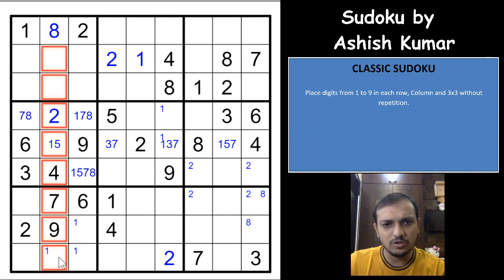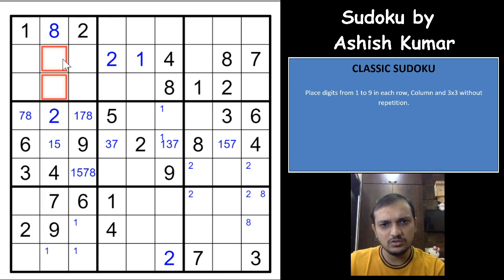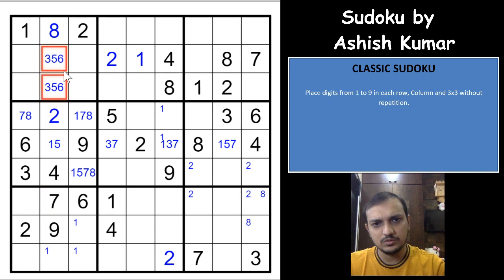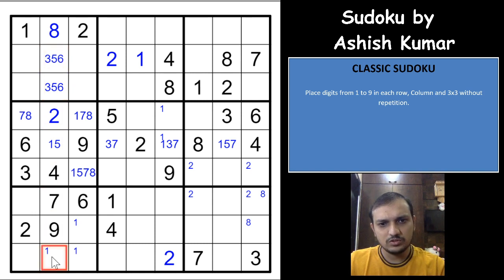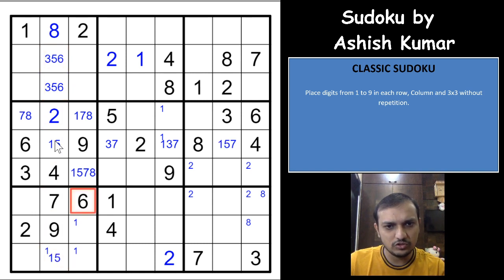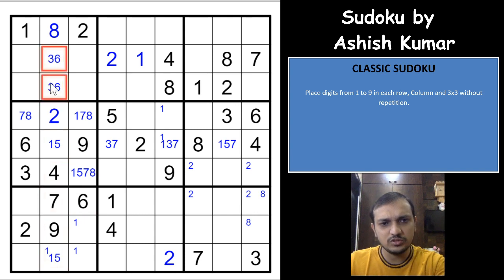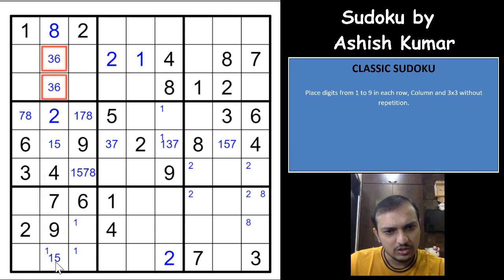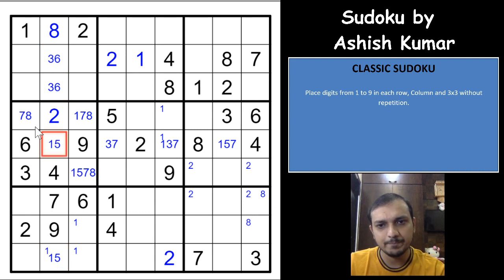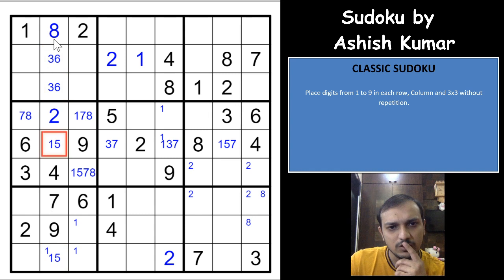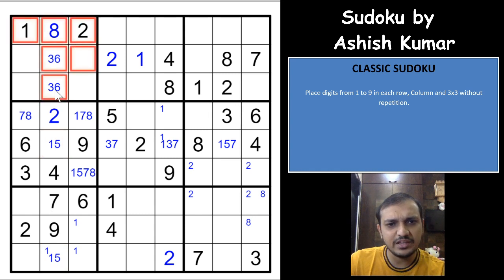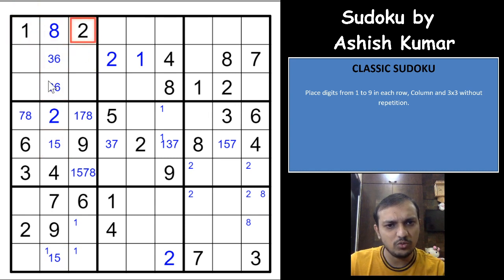This column has 5 digits already placed, so we need 1, 3, 5 and 6, right? 3, 6, 1 and 5. Okay, so you have a 1, 5 pair here. That removes 5 from both of these cells, right? You don't have a 3, 6 here, you don't have a 3, 6 here. You get a 1, 5 pair. That's nice. Which means that you already have 5 candidates written in this box now. So 4, 5, 7 and 9.